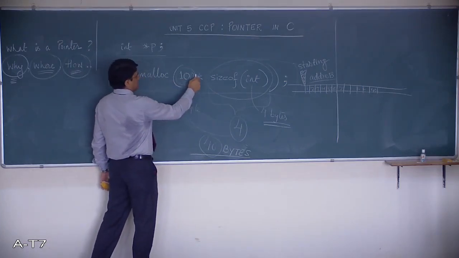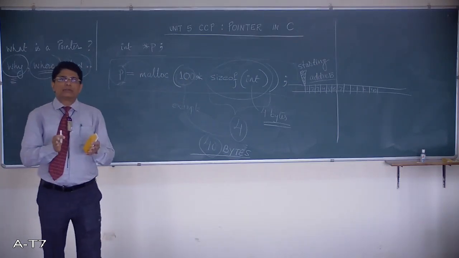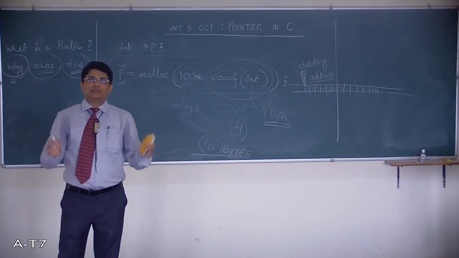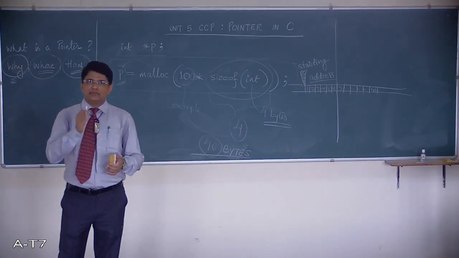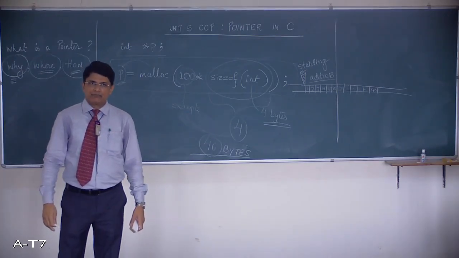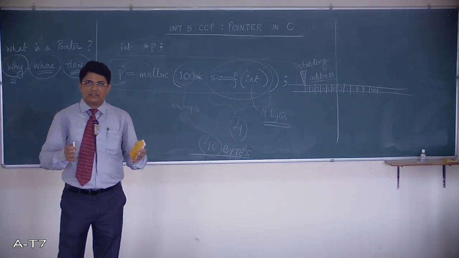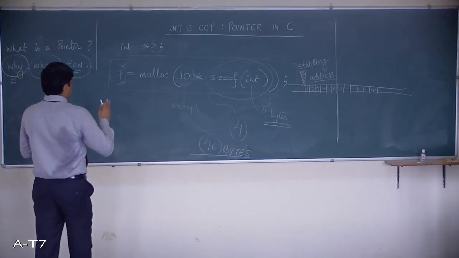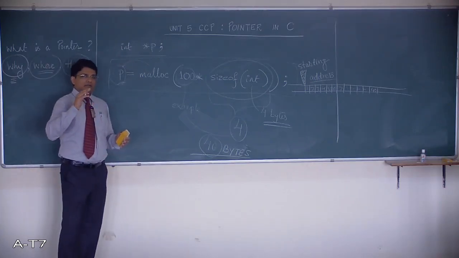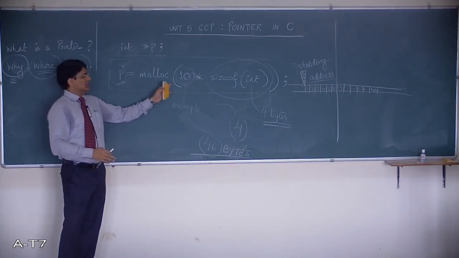Here this 10 can be 100, this 100 could be 1000, depends on how much information you want to store. Let's say you have to sum up 1000 numbers. That means there is a requirement of storing 1000 numbers in the memory. Obviously you can't use 1000 variables, right? So in this kind of situation, the pointer variable is very, very useful.